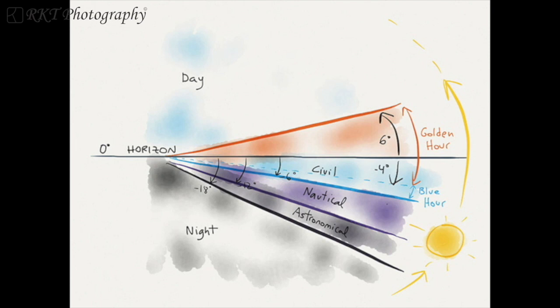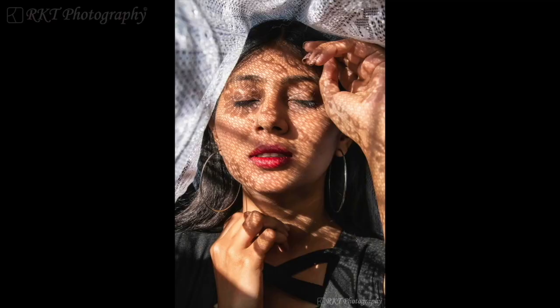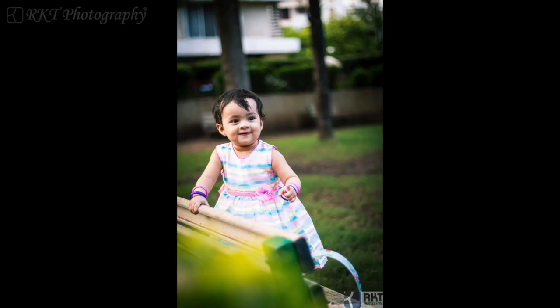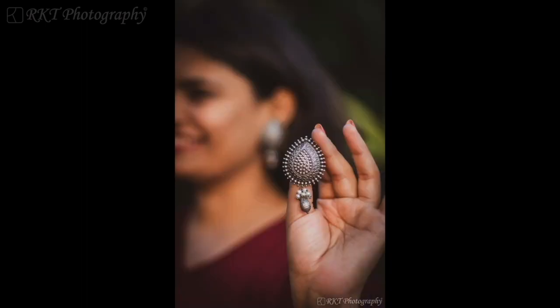Basically during this period of a sunrise or a sunset, there is a proper light in the environment when you are doing any kind of outdoor shoot. So during these golden hours there is a proper light which is falling on the subject. You will not find any shadows or any harsh light falling on the subject. During golden hours I will recommend you go for any kind of photography. If you are doing any pre-wedding shoot or any maternity shoot, even a jewelry shoot, or any kids photography, this is the golden time to have a photo shoot.